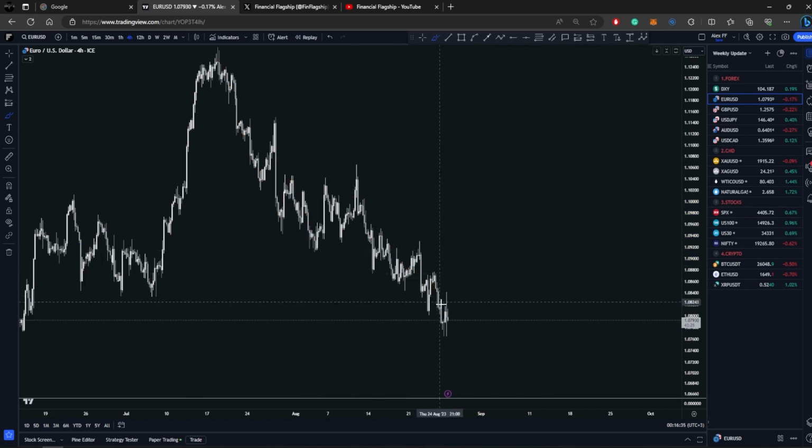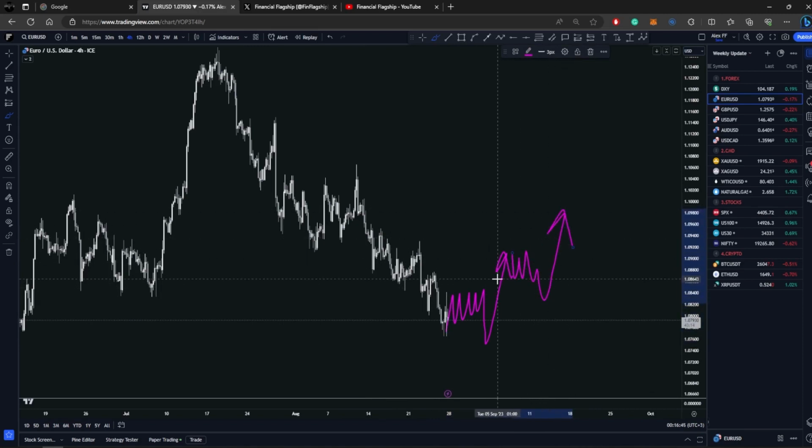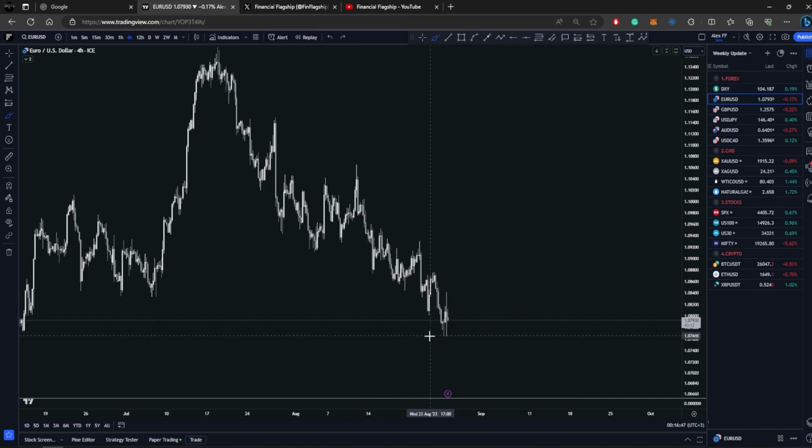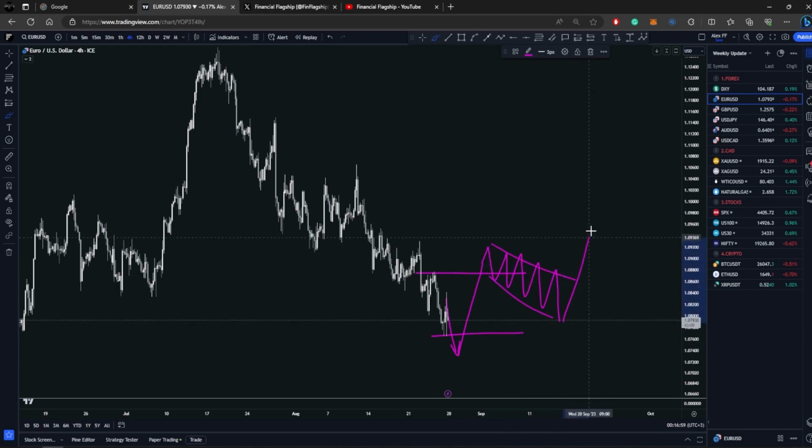But for this week, I'm expecting here the price to give us some sort of a signal to go up and start a consolidation here. But for that, we have to wait and see what happens. We might break this low one more time. So let's let the market unfold a bit, then wait for impulse towards the upside, wait for it to break this area. And if we get here a pullback, then we can try and trade this move towards the upside.